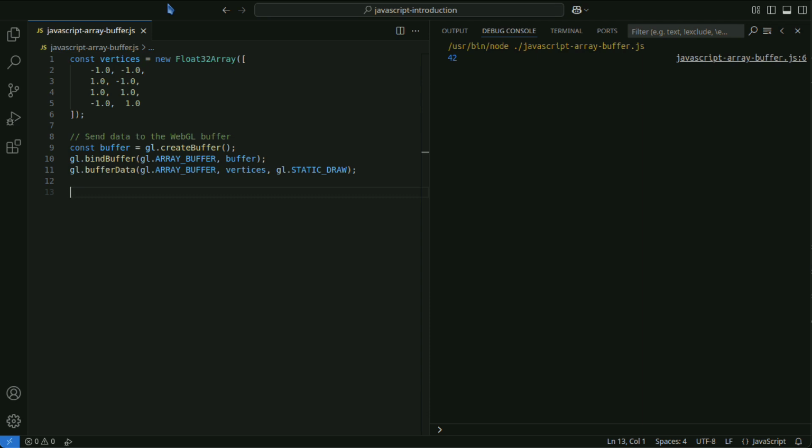ArrayBuffer manages memory at the byte level, making it very efficient, but you also need to be careful with memory management. When dealing with large binary data, it is important to properly release unused ArrayBuffers. Although JavaScript automatically performs garbage collection, if an ArrayBuffer continues to be referenced, it can cause memory leaks.